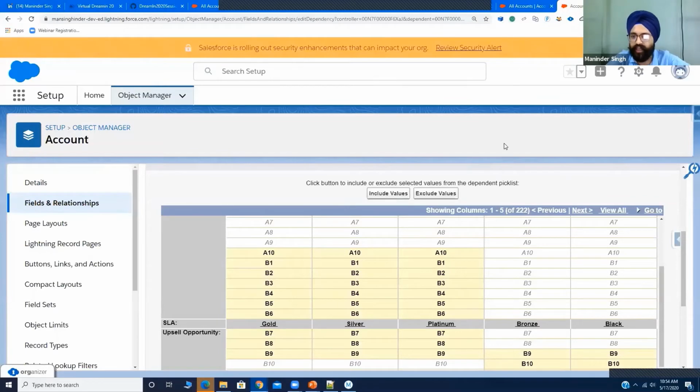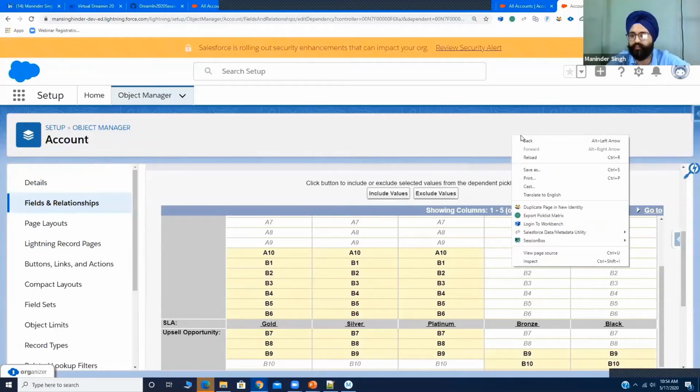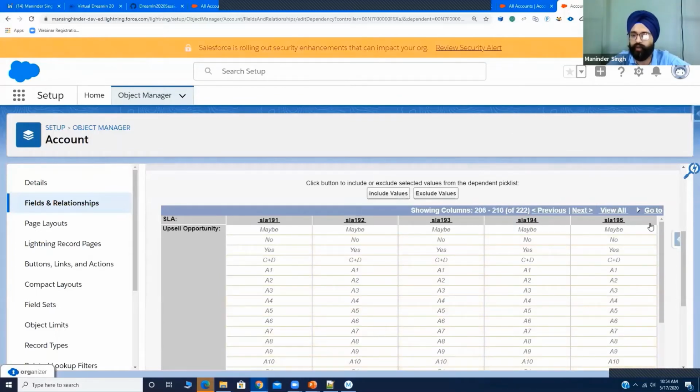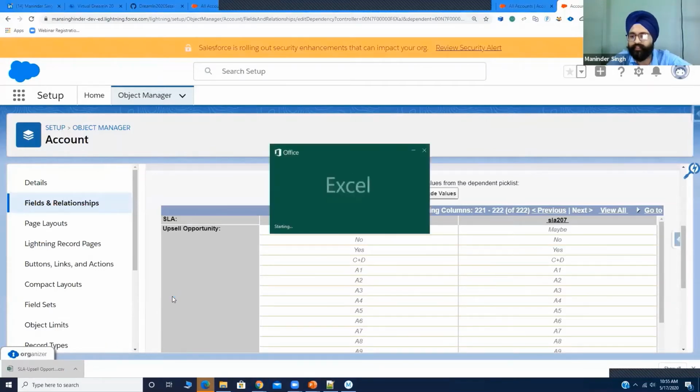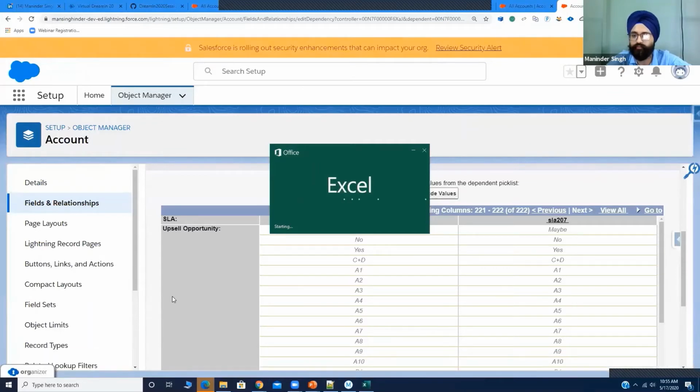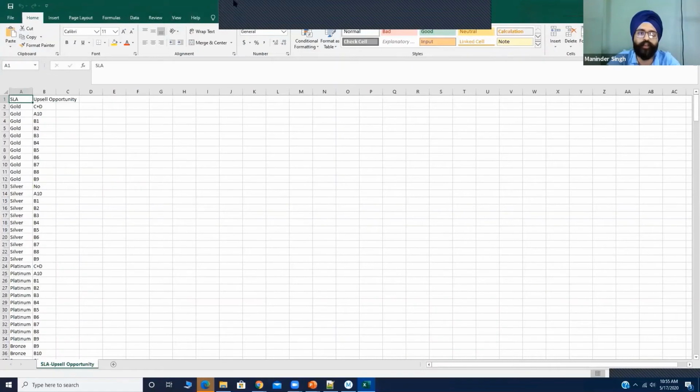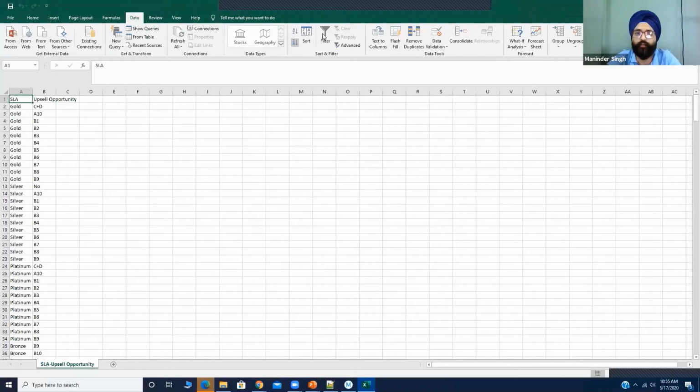But with the extension I have built, which is the only free extension in the Salesforce community with this functionality, you right click and click on export pick list metrics. It will parse all these fields and download it as a CSV file. When you open it, it took less than 3 seconds. But if you do it manually, it can take you more than 2 hours. And if you do it in different orgs, you can understand how much time it would take. So I have automated this because it was required in the project.